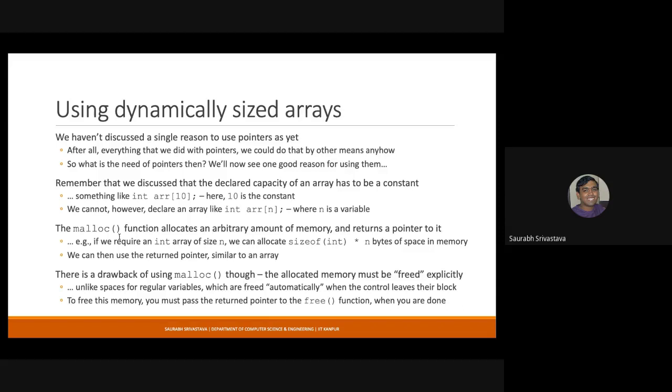Malloc doesn't care, okay? It will simply give you that much amount of memory allocated from another memory space, that is not dependent on your stack. So this memory space is not deallocated when the current function where malloc was called returns. This memory is still allocated to you, and you have to explicitly free it, okay, whenever you are done. Okay, so this is the overall idea of malloc function. Any other queries? No, sir.